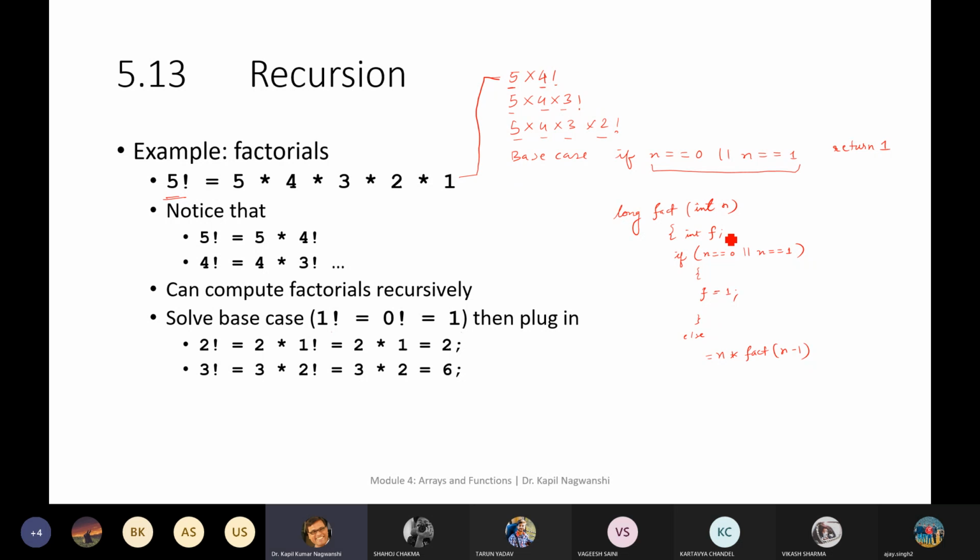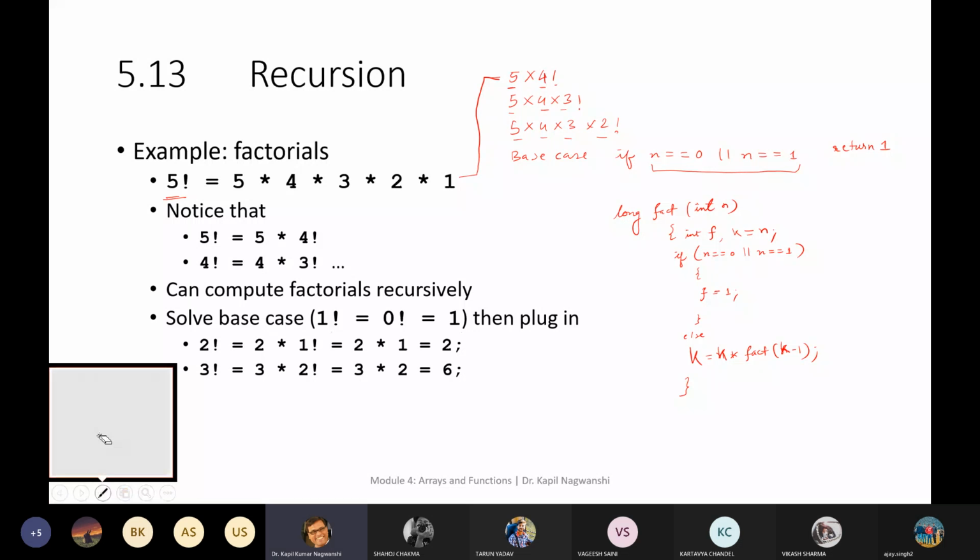Suppose I write k, with the initial value of k equal to 1. Then no, k equals 1 will not work. K equals n. Now k equals k multiplied by factorial k minus 1, and likewise, and finally